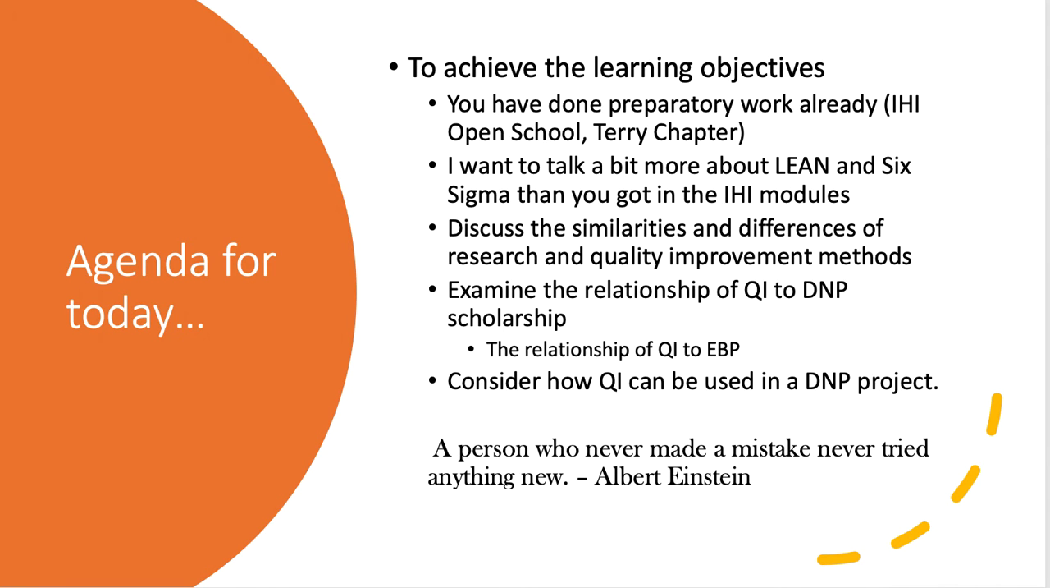So for today, you've already done the preparatory work of the IHI Open School and the chapter in Terry. I want to talk a bit more about Lean and Six Sigma than you got in the IHI modules, because in their Model for Improvement, it is really a focused PDSA model, very traditional Deming style quality improvement model. We're going to discuss the similarities and differences. As we said, examine the relationship of QI to DNP scholarship, and then consider